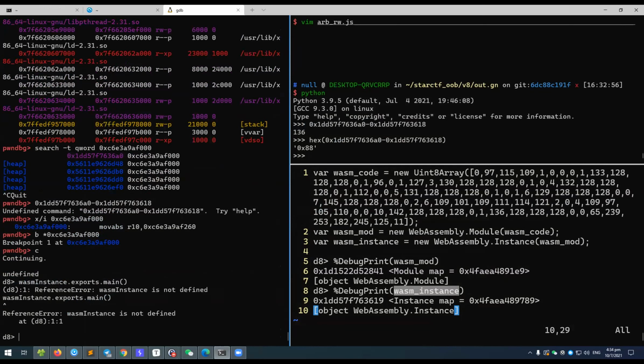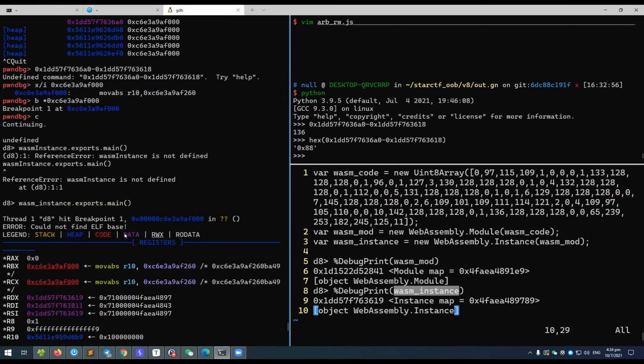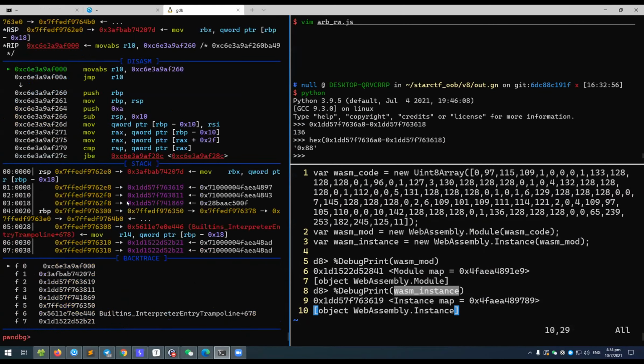Did I make something wrong? In your WASM, this instance is snake case. Oh yeah, okay. You see that our breakpoint hit,